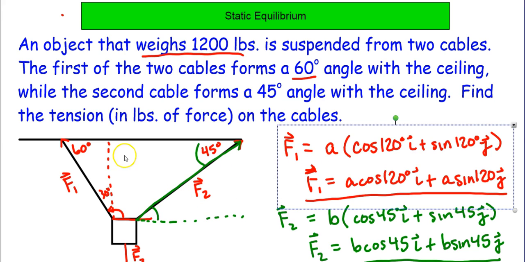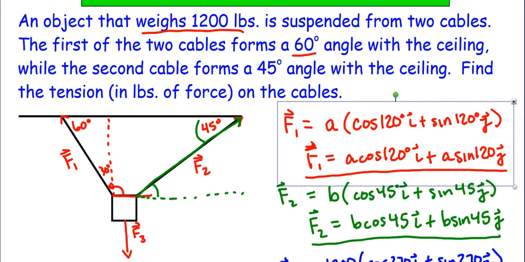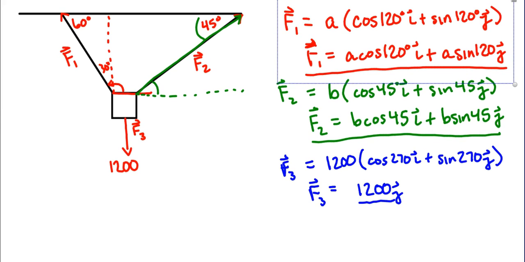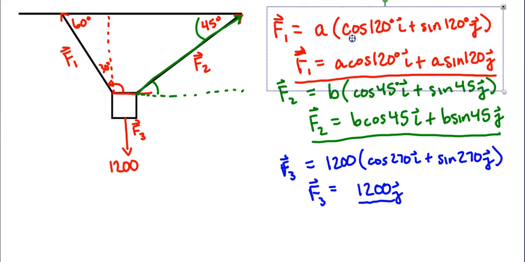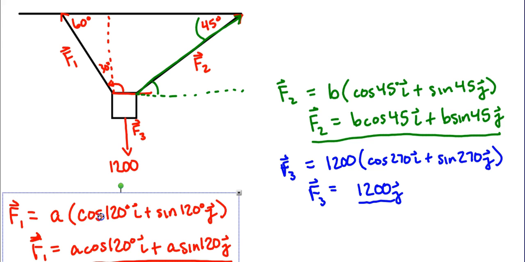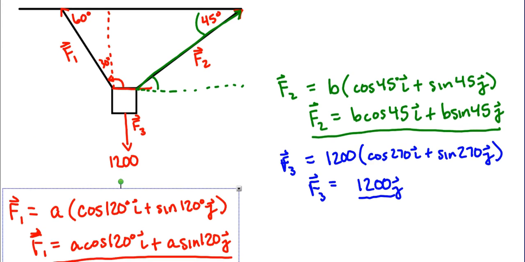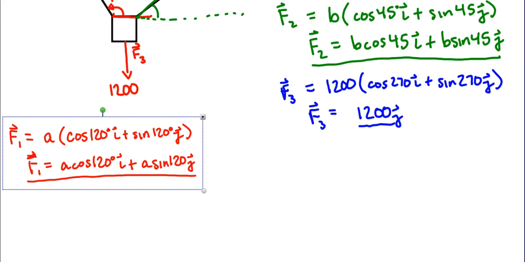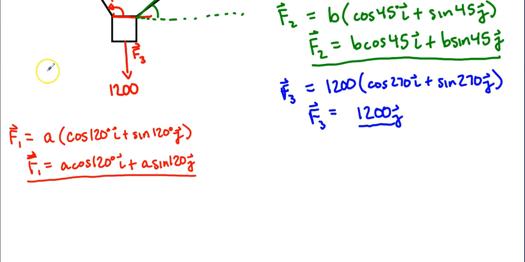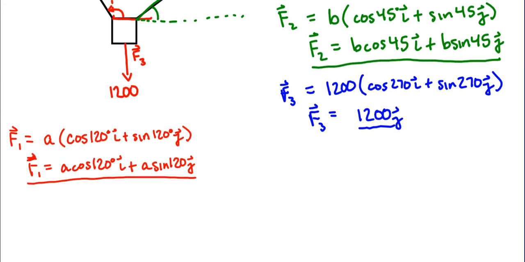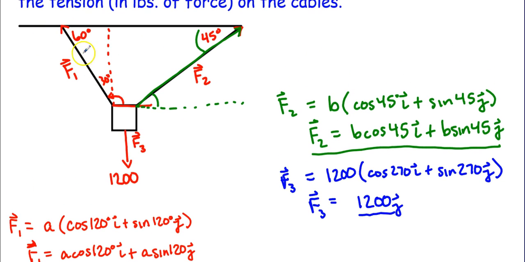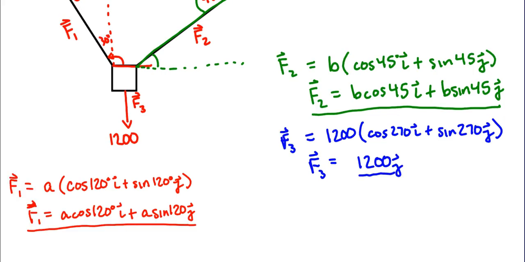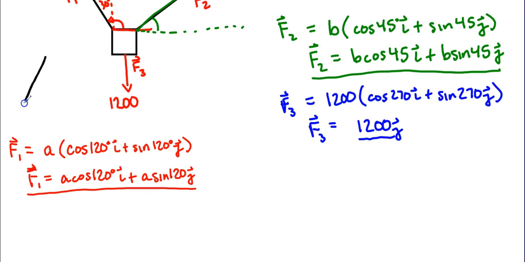All right, guys, so what we want to do is a little bit of simplification based on what we know, particularly about 30-60-90 triangles and 45-45-90 triangles. So what we want to do is just draw a little diagram. I want to show you what's going on. So I've got this 30-60-90 triangle, and this is with reference to the first cable here, the force on the first cable. I know that in a 30-60-90 triangle,